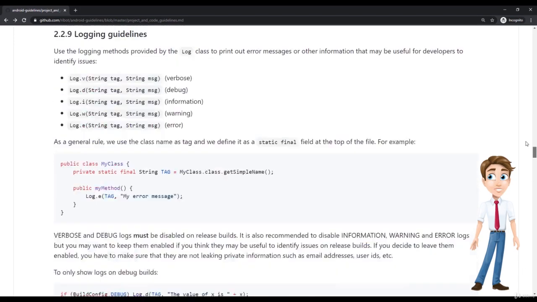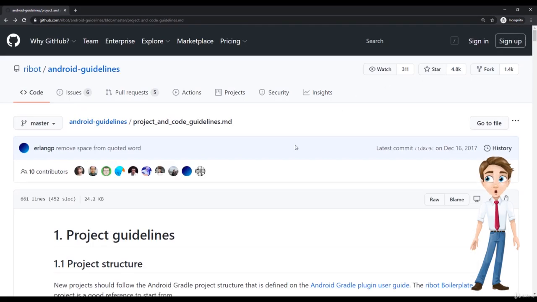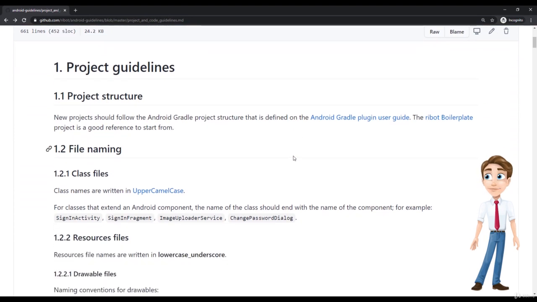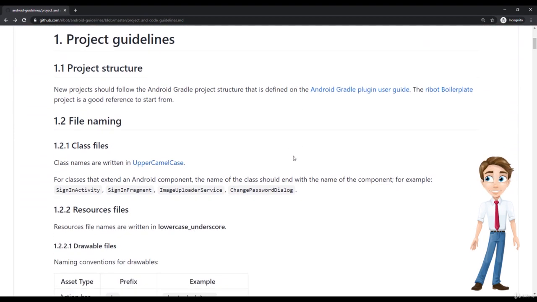Now, as I recommended, I would really urge you to go through this guideline again on your own and try to decide for yourself which of these rules are really for you and which of them you really want to stick with. You don't have to stick with all of them. It's just a guideline. Of course, you don't have to really enforce all of them to be applied.